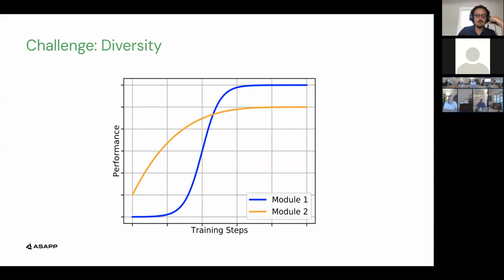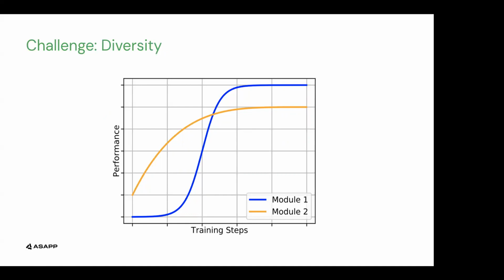One last problem of modular learning that I think shouldn't be forgotten, and should always be something we're aware of, is that if we try to add diversity to our modular compositions, so architectural diversity, for instance, say you have an MLP and an RNN or something of the kind, those will exhibit different learning dynamics. And if you have some kind of actual end-to-end learnable approach, where you don't just, as in an architecture search, pick a composition, train it until convergence, measure its performance, and do an update to the composition up front, but instead do this throughout your data set in a more or less online way,